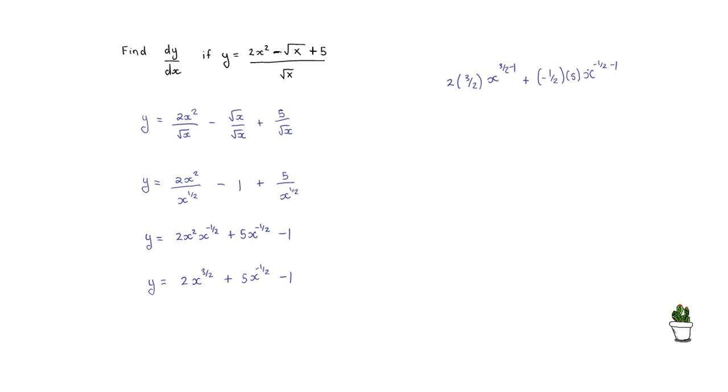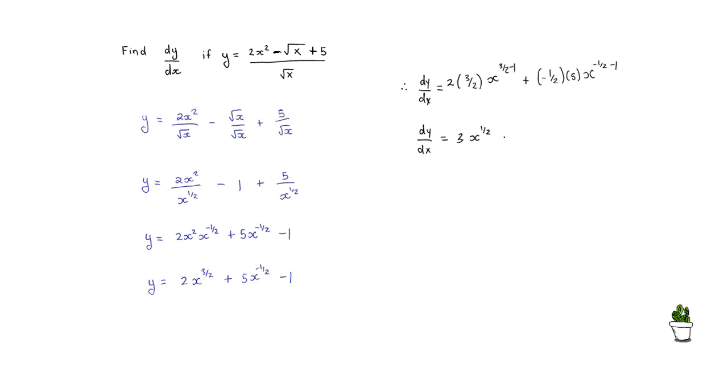Oh my gosh, I've already taken the derivative, so this is actually supposed to be dy by dx. You can actually say therefore, for that step, dy by dx is equal to